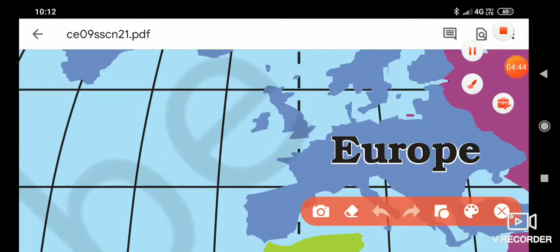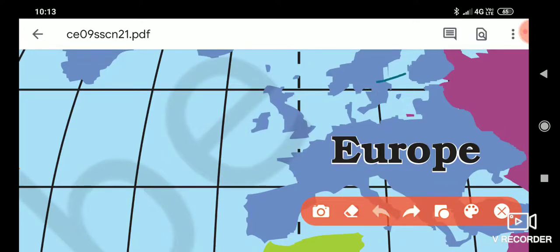So why did geographers take this place as 0 degree? Because when the geographers were forming these imaginary lines, let me tell you, these lines are imaginary. These lines do not actually exist on the globe. They are imaginary lines drawn by the geographers to study the globe, the earth, the various countries' locations and their climatic conditions. At that time, when geographers were discussing these matters, they were here in Greenwich city, so they took this place as the 0 degree.